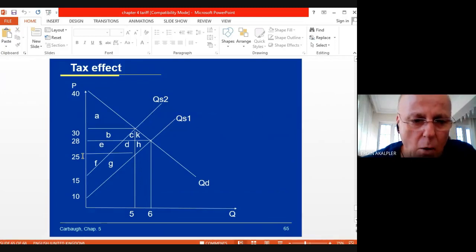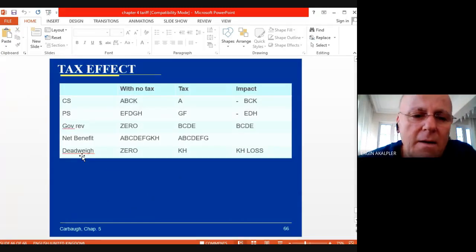is decreasing. The amount realized is because K and H is redistributed to the government, and E and D is again redistributed to the government. Therefore, part of this increase is going to the government, and this somehow causes some negative effect to the economy, because the producer reduces, the government enjoys this E, D, C, B, and the consumer reduces their welfare to A from A, B, C, K, and